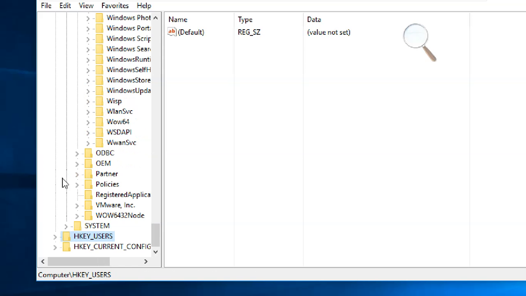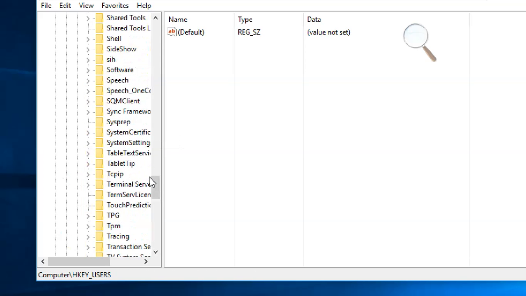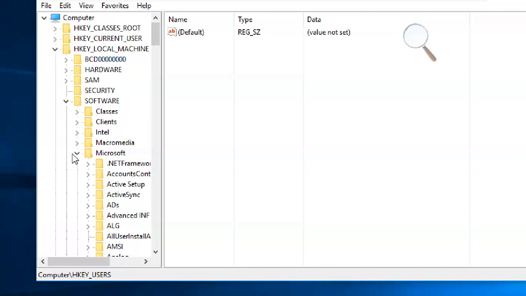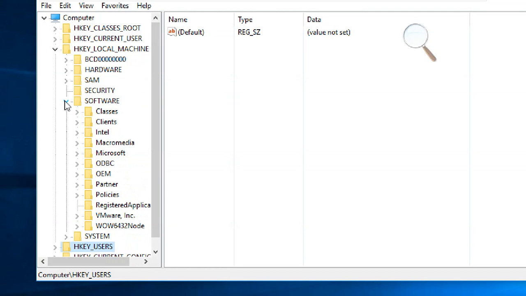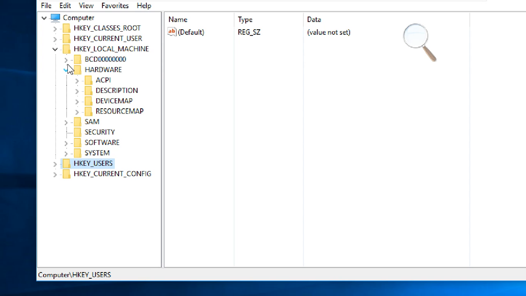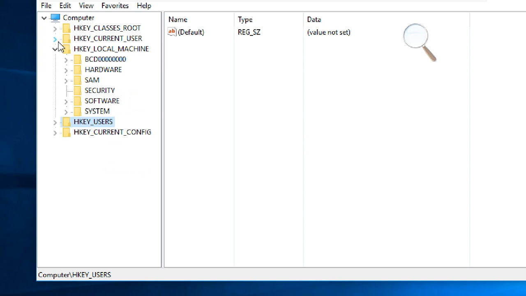When I install some application, the application related information is added to our registry. So you must know where it is located, because we have to remove the related things. This is your boot related thing, hardware related, account, SAM means authentication related.